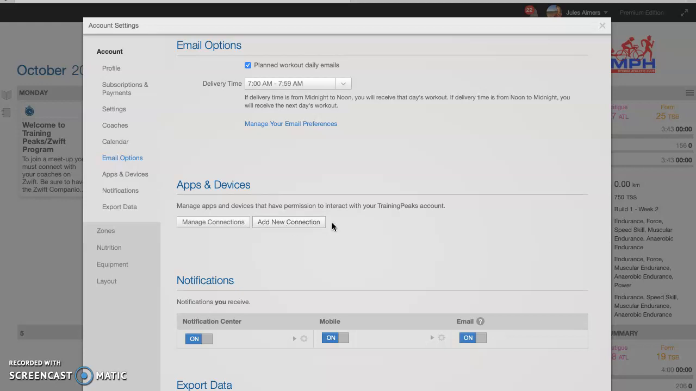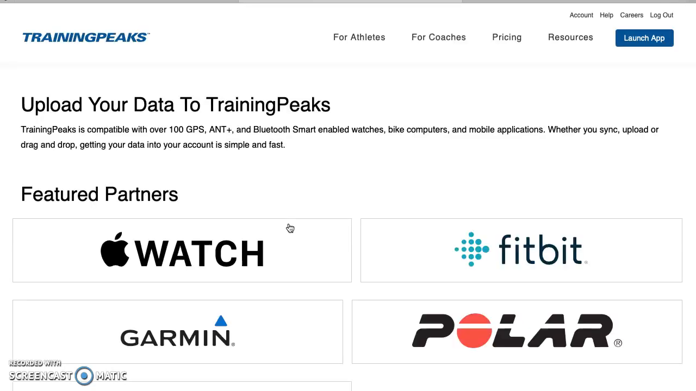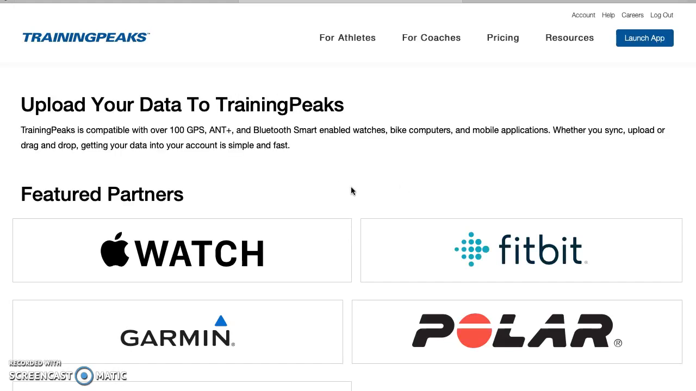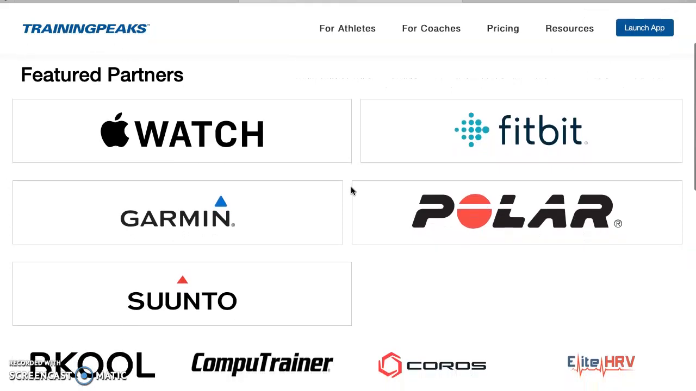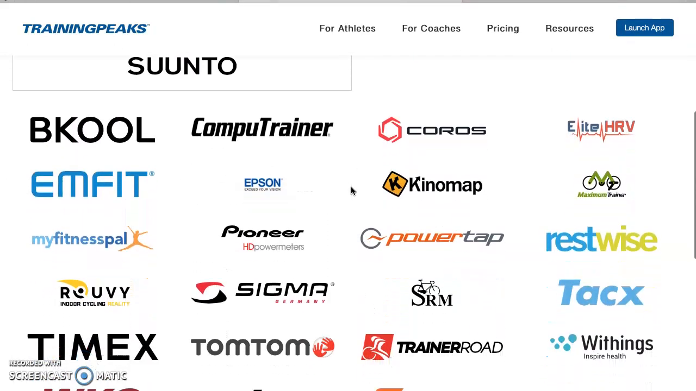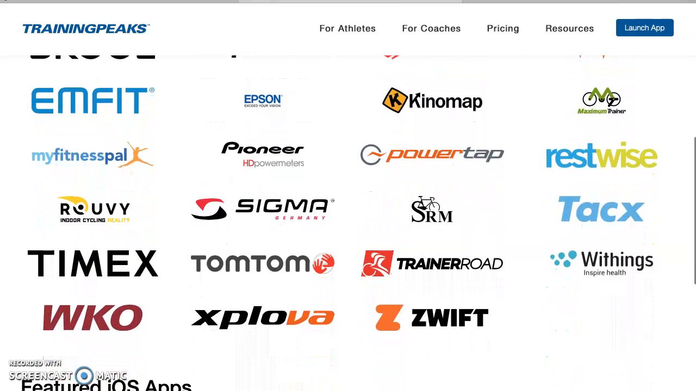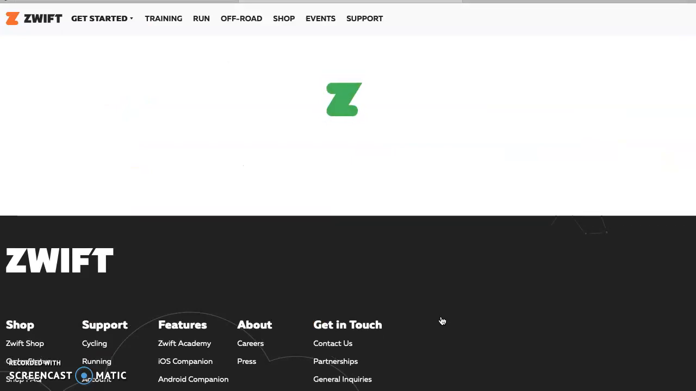So if you haven't already added Zwift to your Training Peaks account, this is where you add the new connection. So you click on this. Internet slow today, apologies. And you can see all of the different apps that you can add here. So you can add your Apple Watch, you can add your Garmin, but we today are wanting to add Zwift. So you would click on Zwift and it'll connect to your Zwift account, and then you'll get prompted